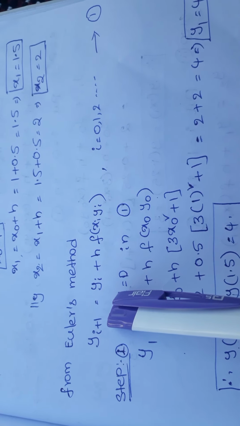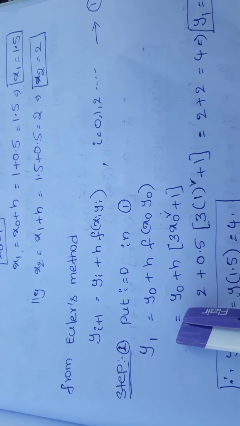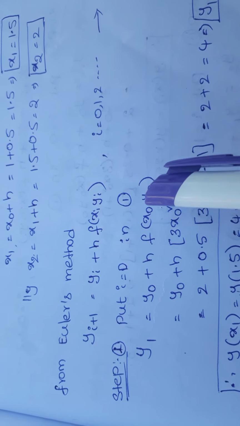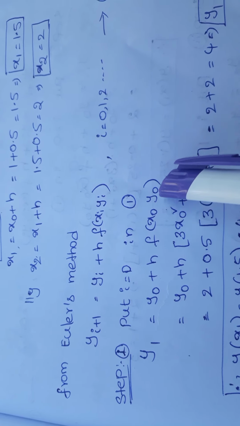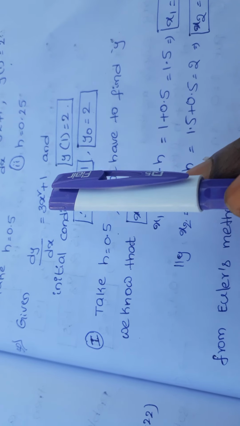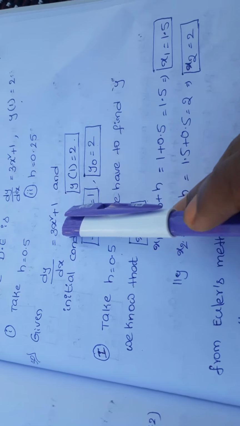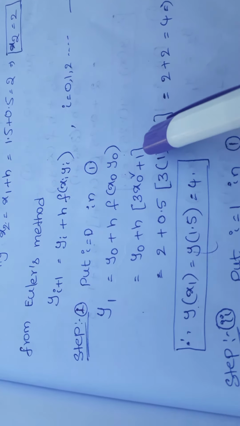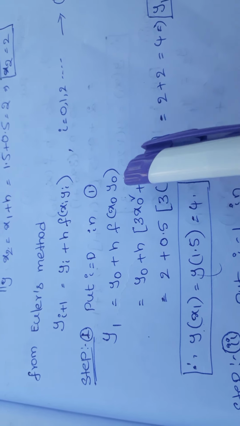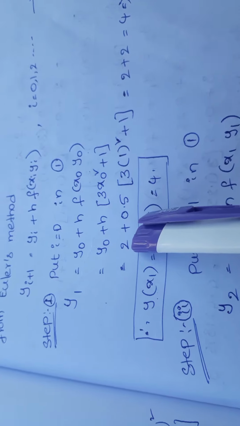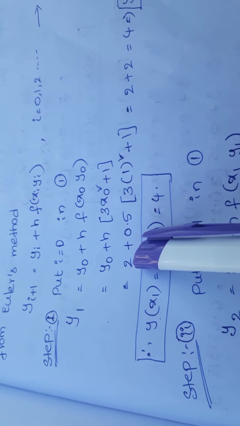We get i plus 1, 0 plus 1, y1 is equal to y0 plus h into f of x0, y0. x0, y0 means the function f of x comma y is 3x square plus 1. So here, in place of x we can substitute x0 only. Next, 3x square plus 1, so in place of x, x0: 3x0 square plus 1. Okay, y0 value is 2